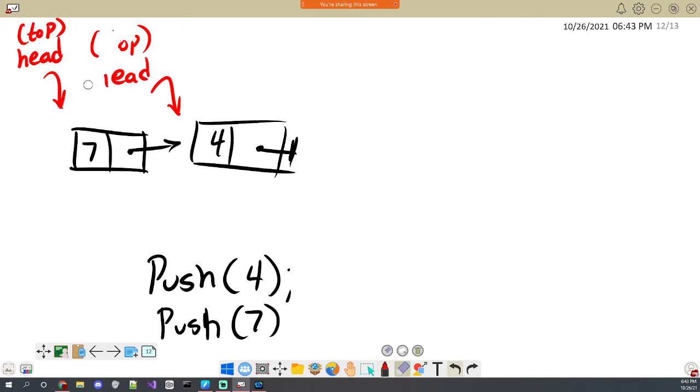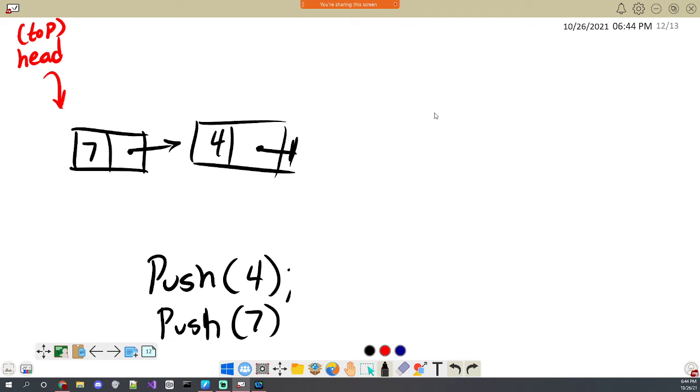So really all this does is, rather than add at the tail every single time, it adds at the head every single time and just grows leftwards. So the top of the stack in my drawing is just going to go to the left as we add more and more things, and then the bottom of the stack is just going to be here consistently until we get to the end. And again, this code is not particularly hard, right?